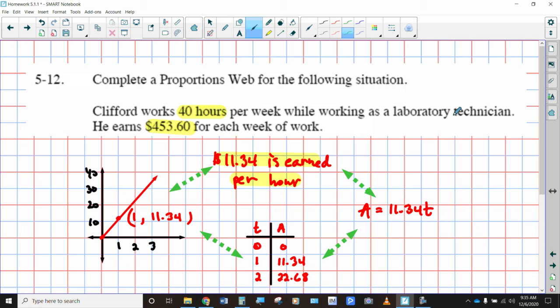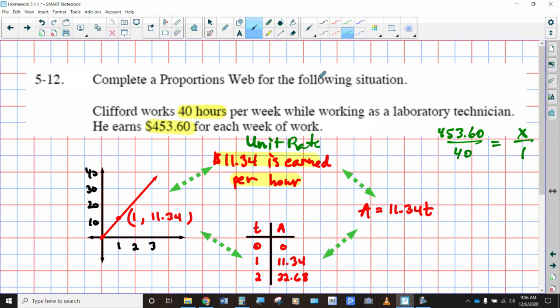And so to figure that out, you would take $453.60 over 40 and try and figure out how much that would be over 1. So that turns into a division problem. So this number divided by 40 is equal to 11.34. I would show you on the calculator, but I'm hoping you'll trust me. So now that we've got our unit rate,